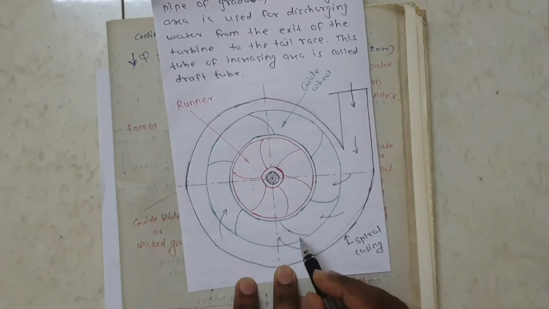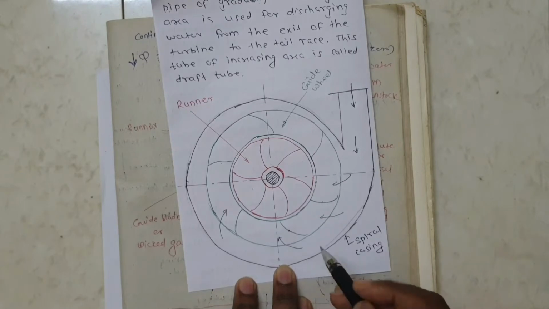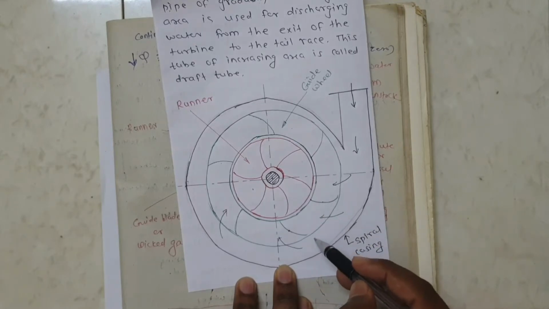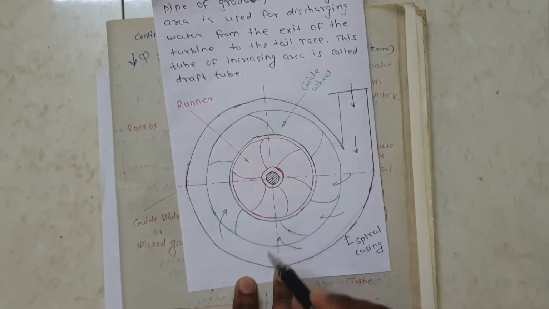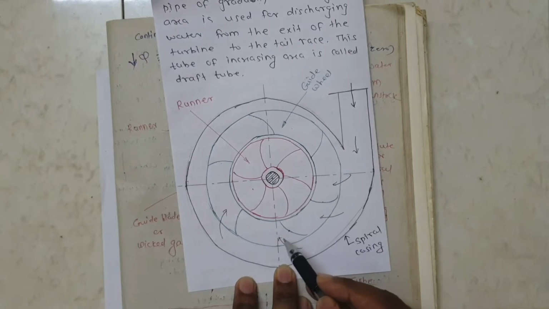In the Pelton wheel there is the nozzle angle, but here alpha is the guide blade angle, the guide vane angle. Blade means vane angle. Okay. These guide blades only guide the water towards the runner. These are used for the shockless entry of water towards the runner. When they are used, at that time shockless entry towards the runner is possible.